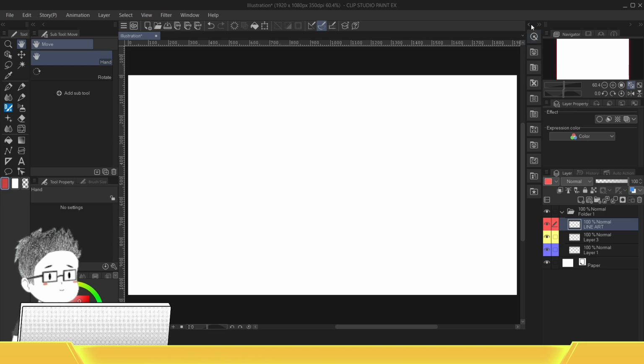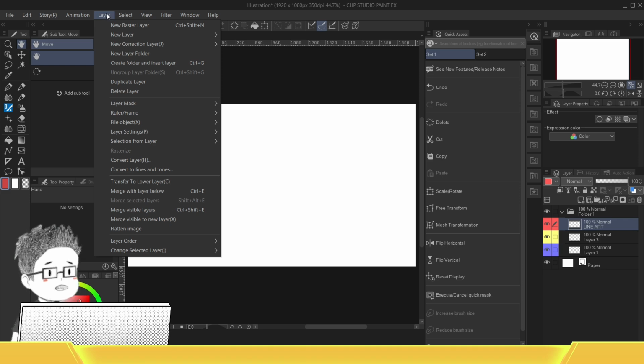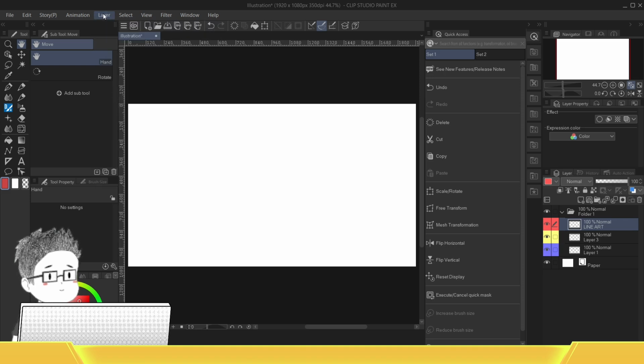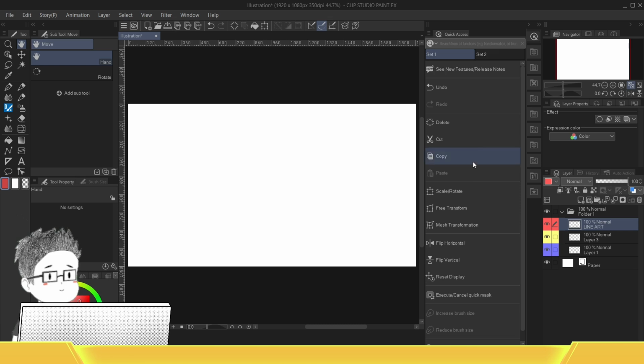Next, we'll go through this panel here. The first on top is your quick access panel. These are basically the various tools that you can find under the edit option, and also the layer selection options here. So instead of going through each of these menus, Clip Studio has laid it out here for you so that you can easily go from here and use these